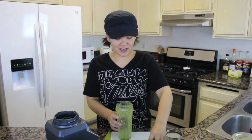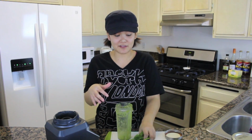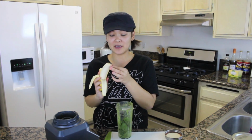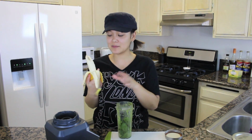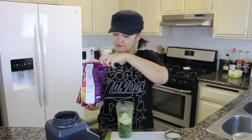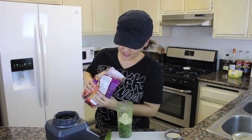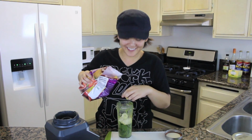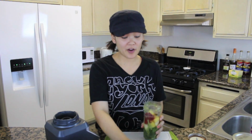So I'm going to stick in the rest of the spinach that we weren't able to fit into the last one. And now we're going to add 1 whole banana. And banana is my favorite to put into these smoothies and juices because it just makes the whole juice so much sweeter and so smooth and creamy. Now I'm going to add a little bit more of the frozen fruit just to keep it nice and cold. Don't do that though. So I just filled it up with water, and last but not least, we're gonna add a little bit of